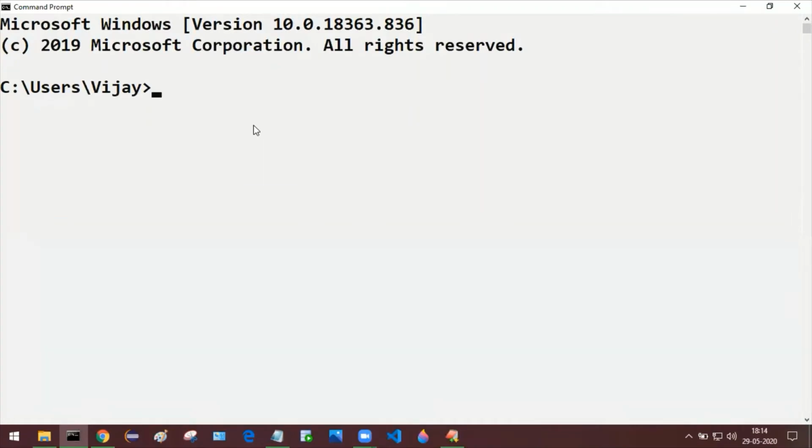We need to go to that particular folder location. How can we go? Type cd. Cd stands for change directory.